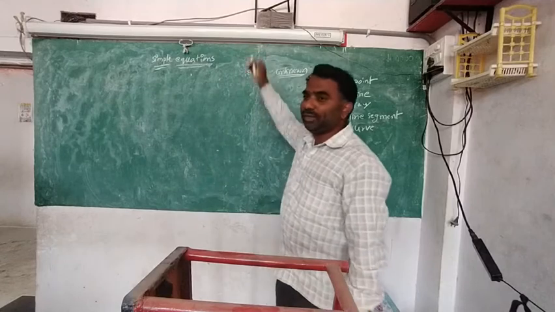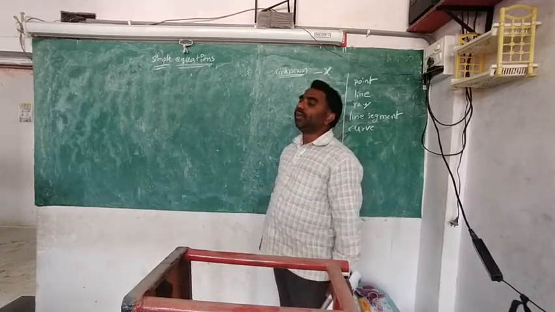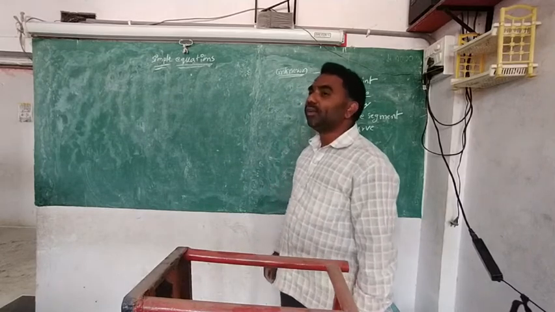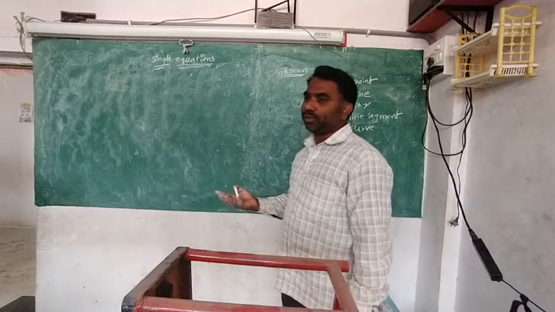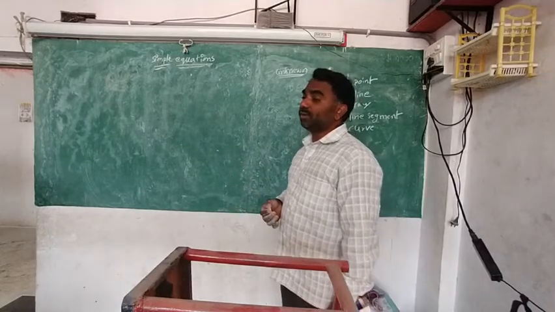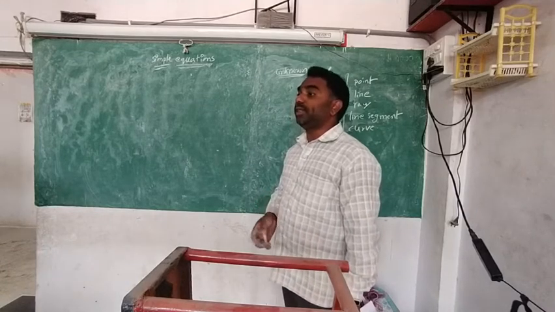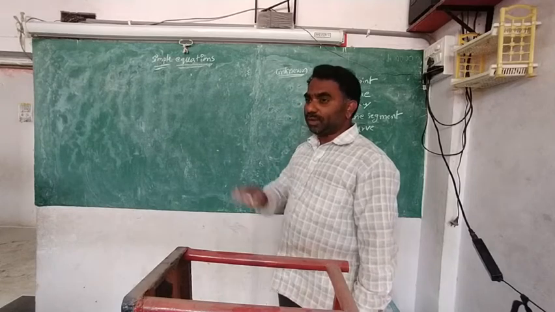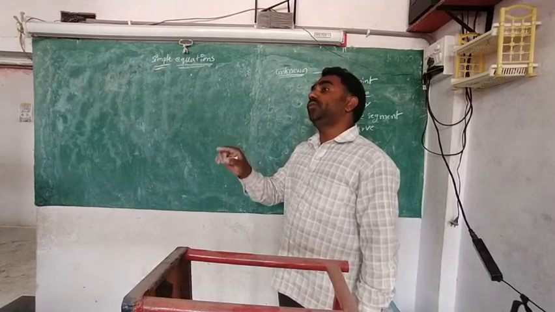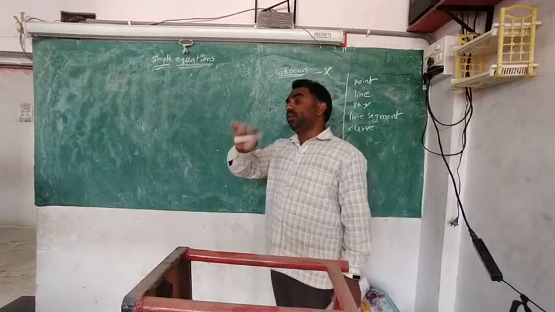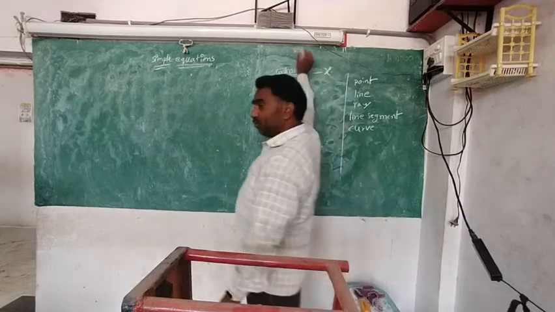Okay, what is our method? First, what are the unknowns here? 10 rupee notes and 50 rupee notes. How many 10 rupee notes? How many 50 rupee notes? In that, which is the important one? 50. 50 rupee notes are important because the 10 rupee notes are depending on the 50. You can see in the sentence that 10 rupee notes are 1 more than the 50 rupee notes. Means 10 rupee notes are depending on 50 rupee notes, but 50 is not depending on anything. So that is what we call x.